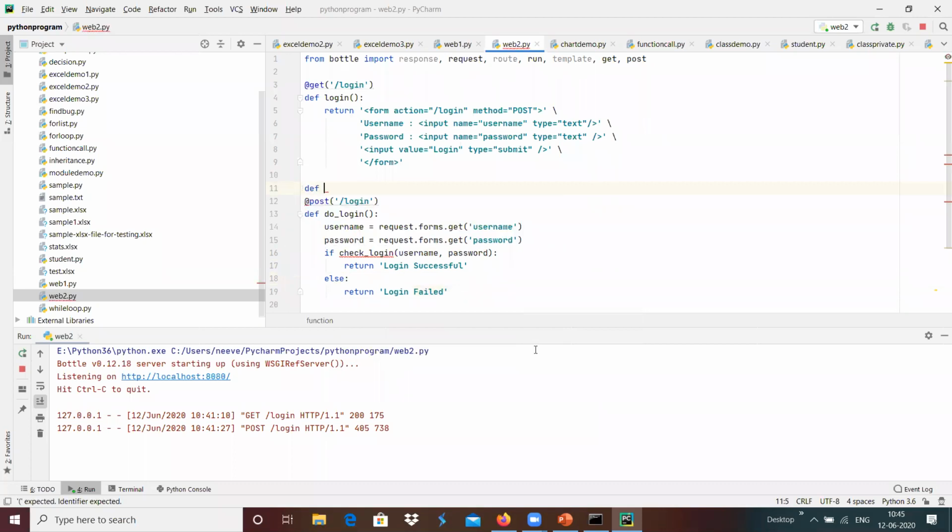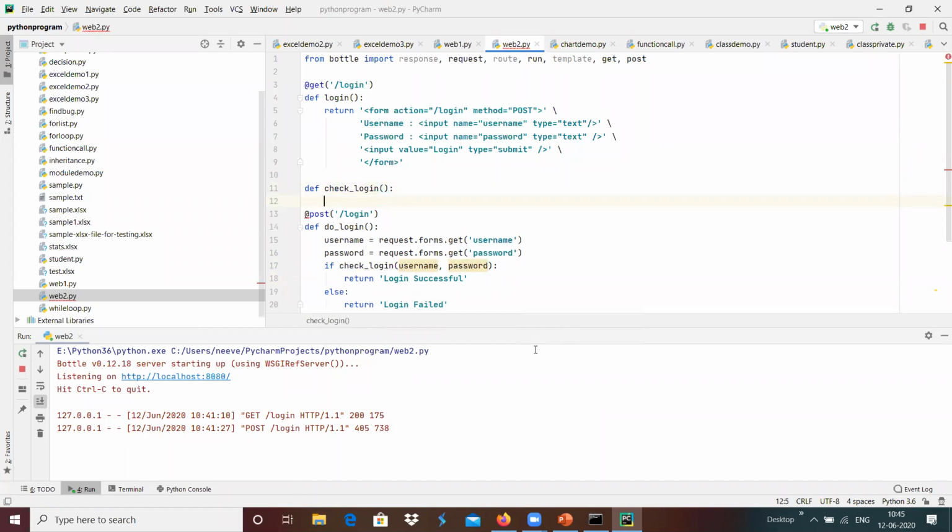And we need to define a function to handle this login. I'm going to define check_login over here. This may be a database function, and we can query from the database and validate, which we have to implement in this check_login. Since we do not have that option over here, I'm going to make it receive two arguments, user and password.